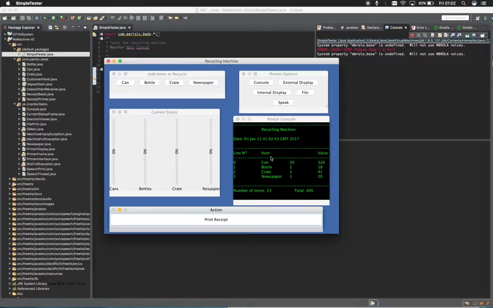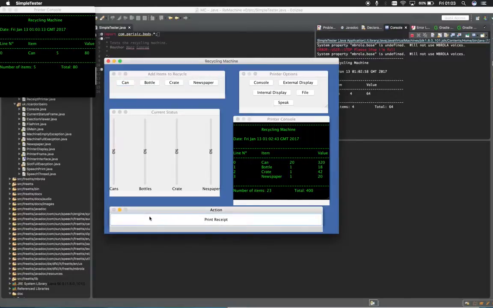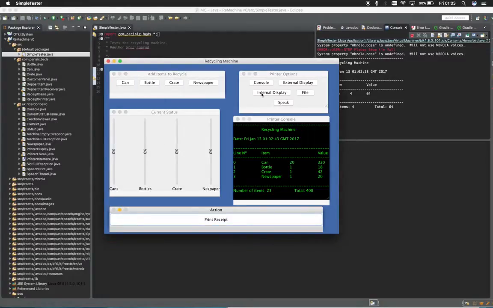Different modes of printing a receipt are available on the window printer options, and the user can choose to print into the debugger console by clicking the console button, or the user can print to the external display window, or the user can print to the internal display, which is the default, or the user can also print into a file,